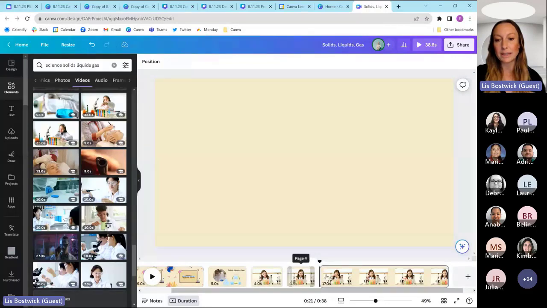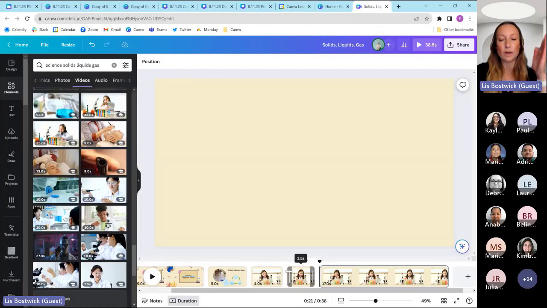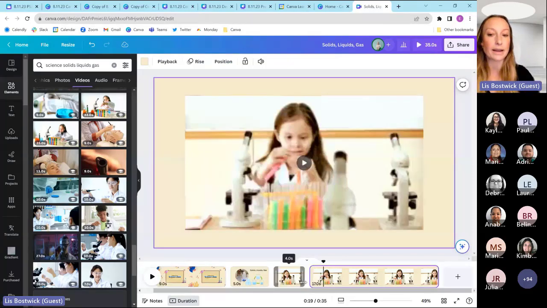So notice that I just split that up. And what I did is I right clicked anywhere that I wanted to do a splice or a split. And from here, I can now click that 3.5 second video where perhaps there was some kind of interruption and I can now remove that.